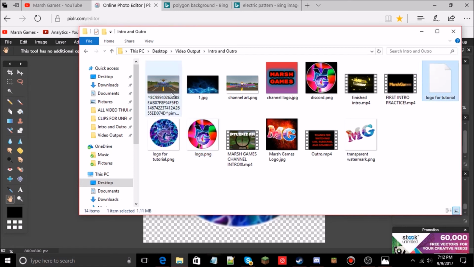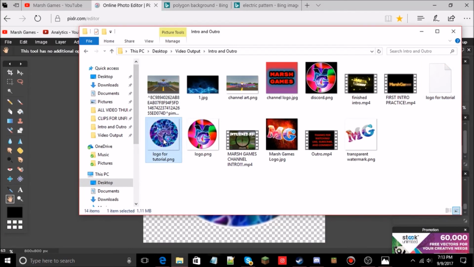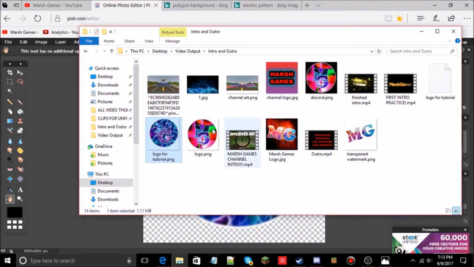It is completely useless. There's nothing on it, and it doesn't even have an app to open it by default. But anyways, if we go back, we can see it right here. There's our logo. Looks really cool. And so now,